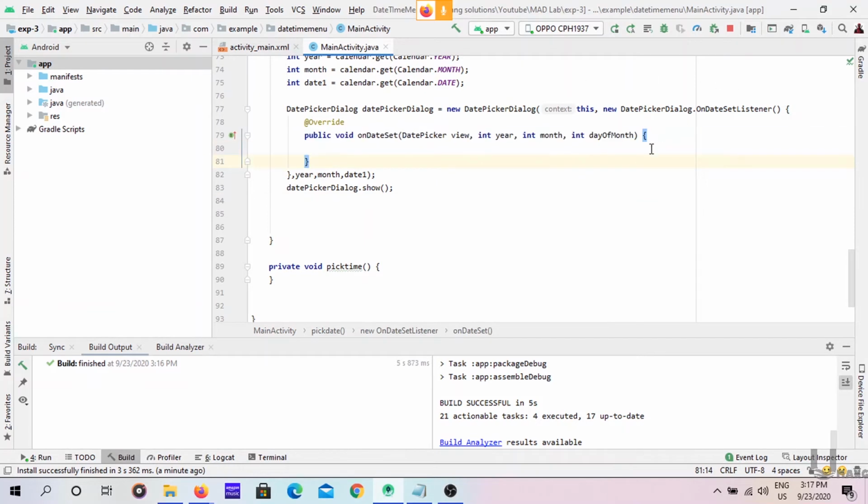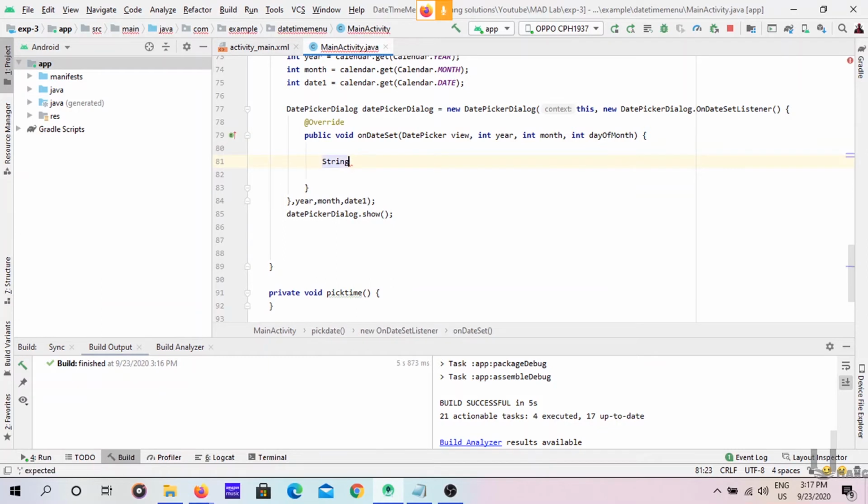So I will explain. Let's create one string variable to concatenate these 3 things.